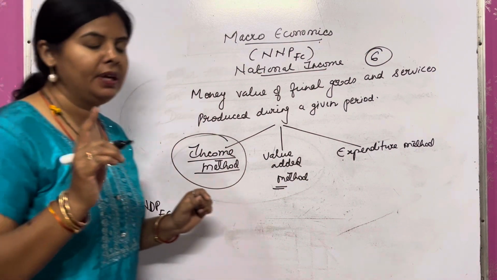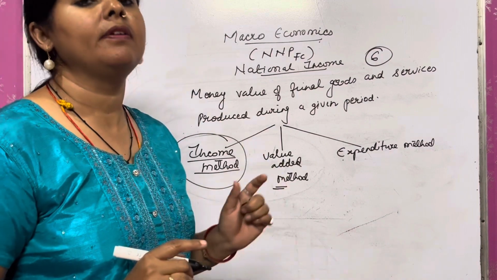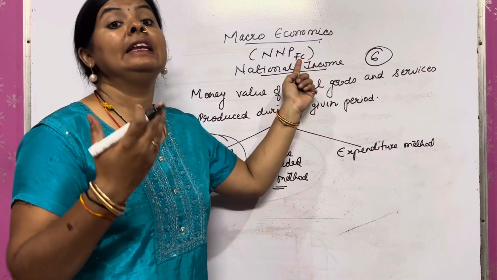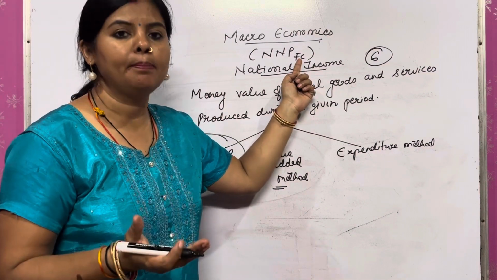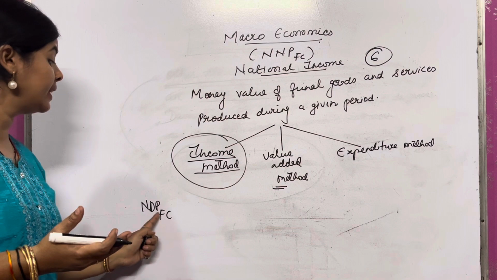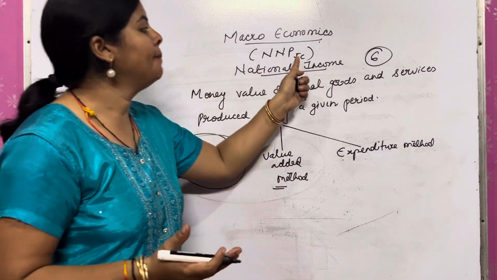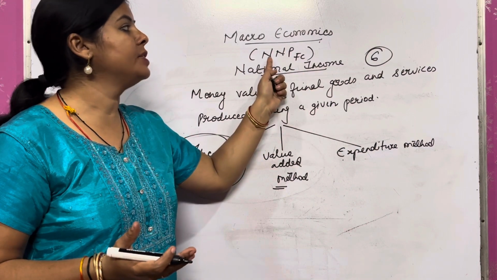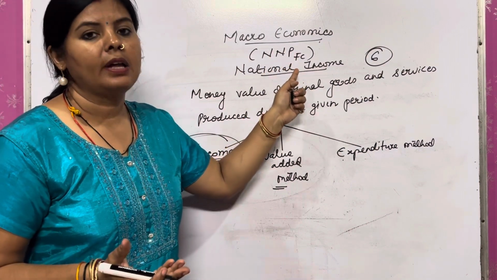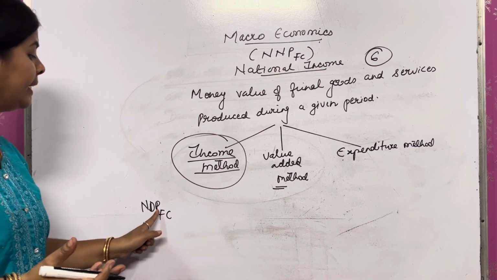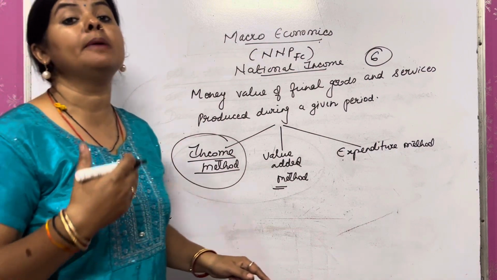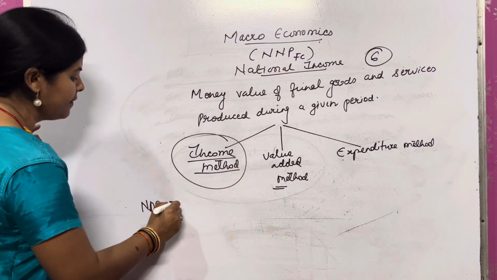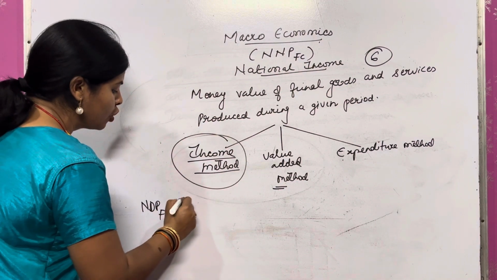Be careful, we have already discussed this in the previous chapter. If FC is there, that is related to income, net domestic income. When MP is there, that is the market price. When NNP is there, it is net national product, and if NDP at MP is there, that is called net domestic product. Clear? So for NDP at FC, the formula is compensation